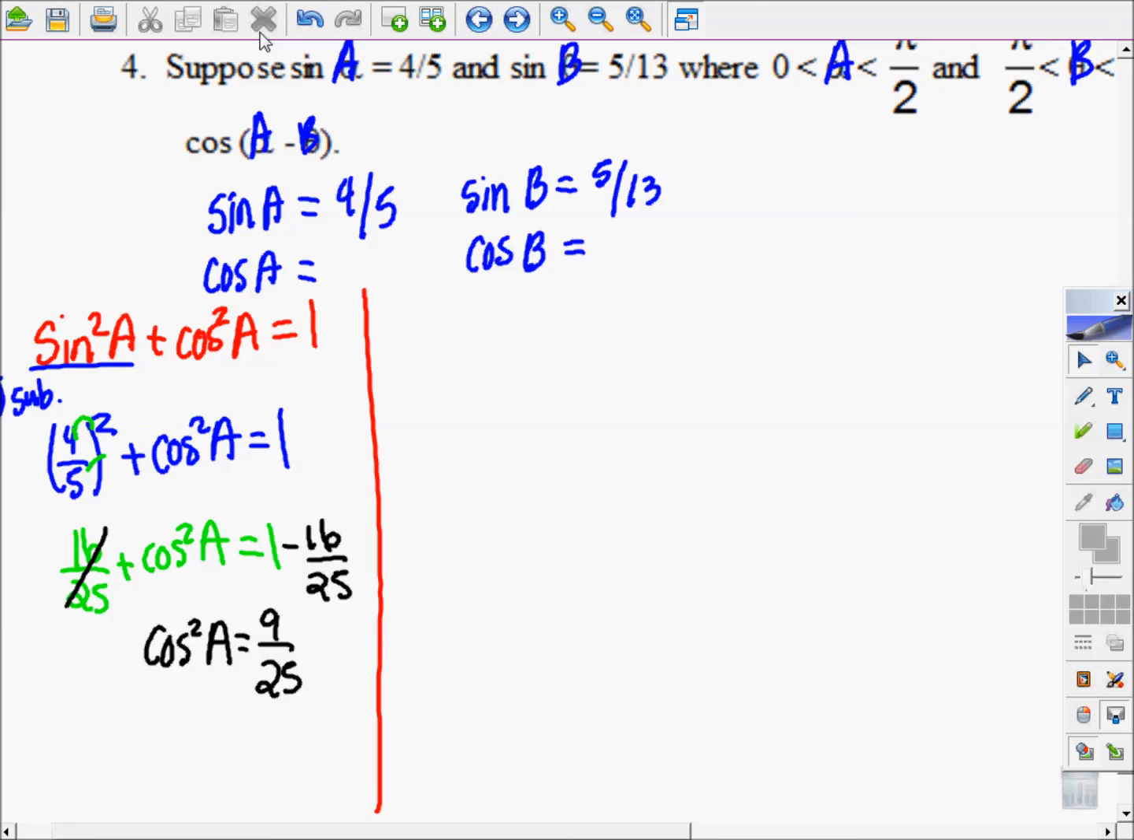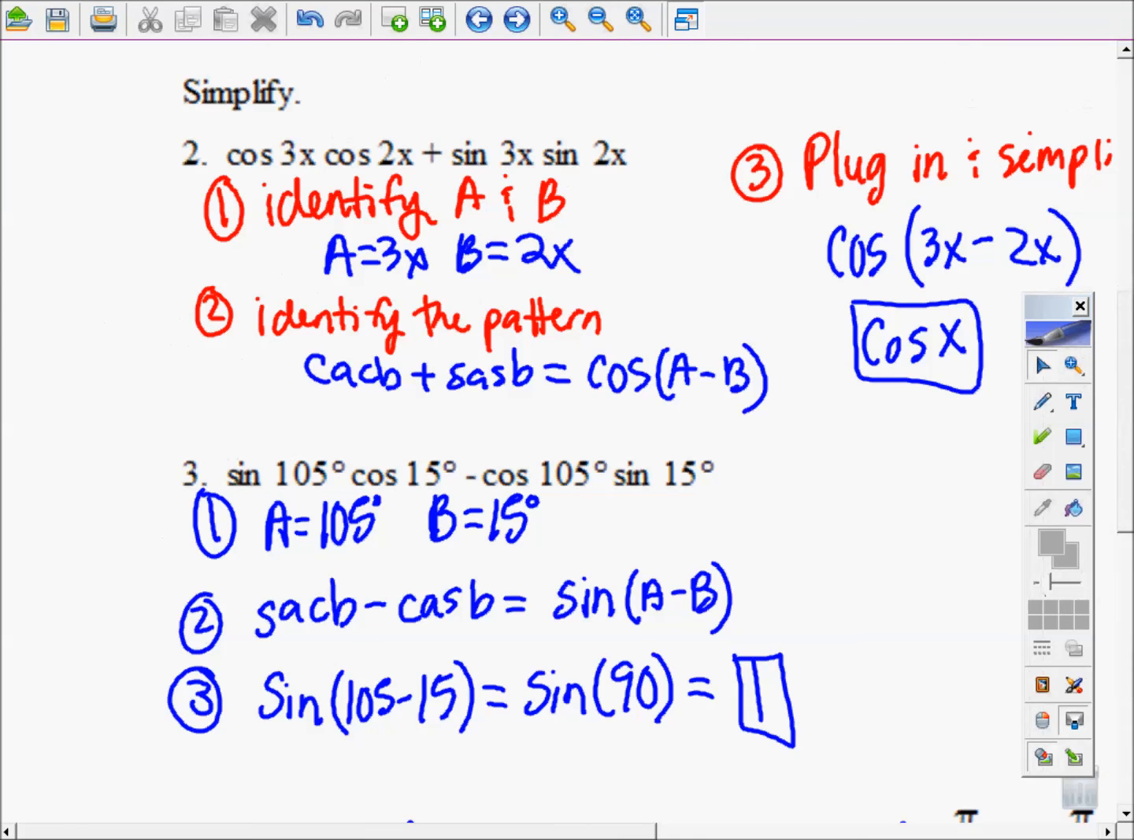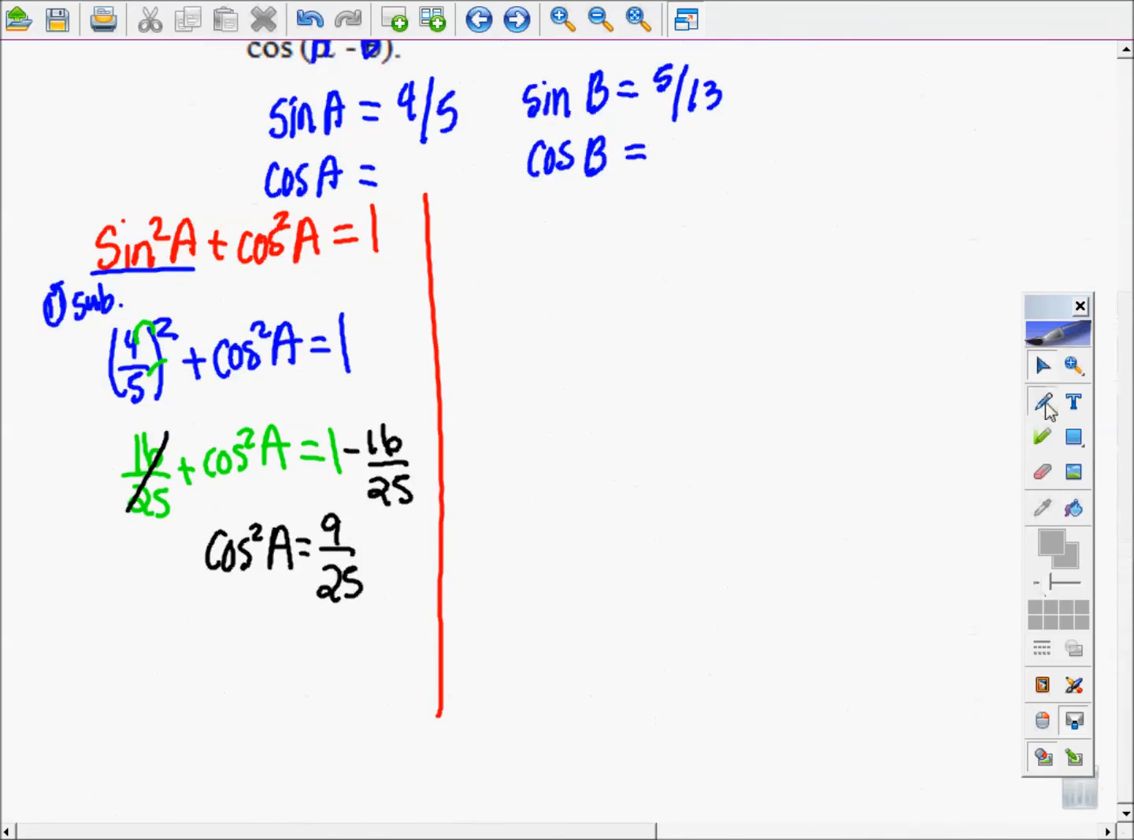All right, so now I have cosine squared. What's the opposite of squaring something? The opposite of squaring something is to find its square root. So what you do to one side, you have to do to the other. So I can take the square root of cosine squared. When it's a fraction, you're taking the square root of the numerator and the denominator. So cosine of A is